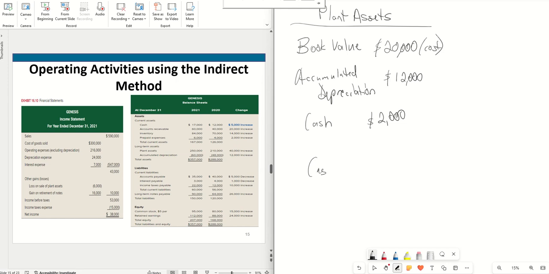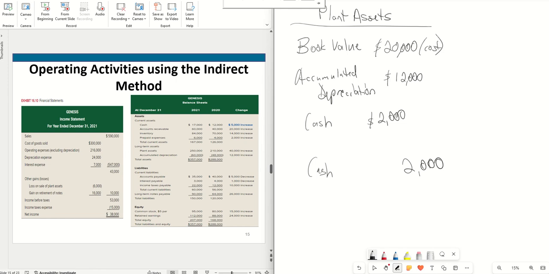So we're going to go ahead and debit cash for $2,000. And the book value on this asset was $20,000, which means that this was a debit to this asset account for $20,000. But once you remove it from your ledgers, we're going to have to credit this plant asset by